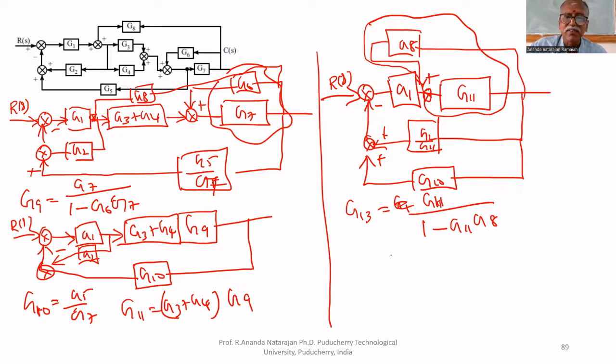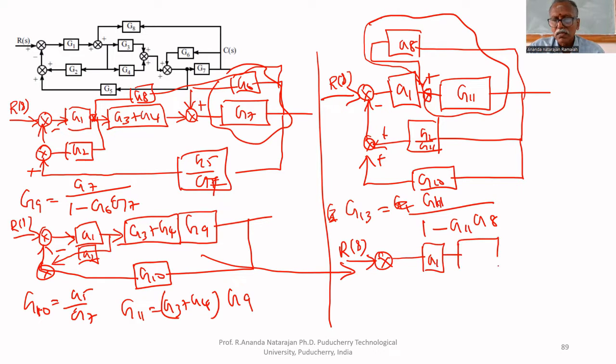G11 upon 1 minus G11 G8, that is G13. If you multiply this, G13, okay. Now this diagram becomes, we have to substitute G13. Now what we will get is